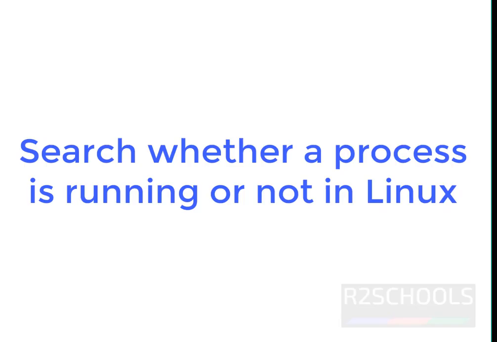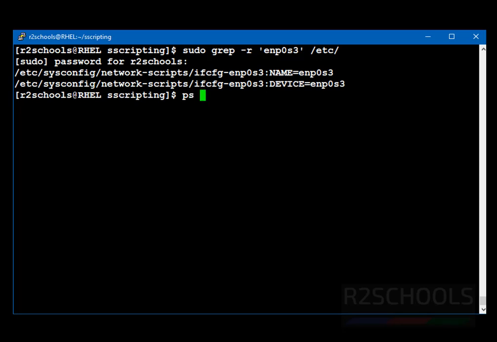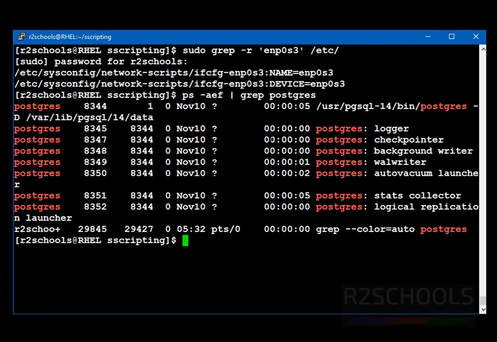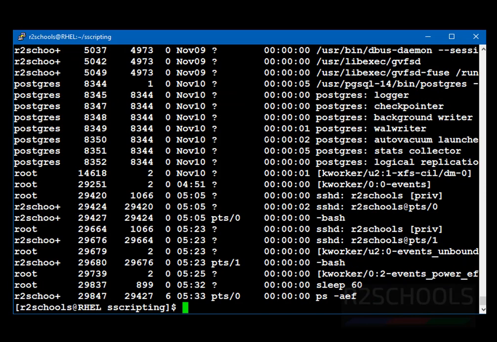Now we are going to check whether a particular process is running or not by using ps -aef, then grep. First I will give the command, then I will explain in detail. Postgres. See, it has filtered only Postgres data. ps -aef, or aef. See, it has listed all the processes running.